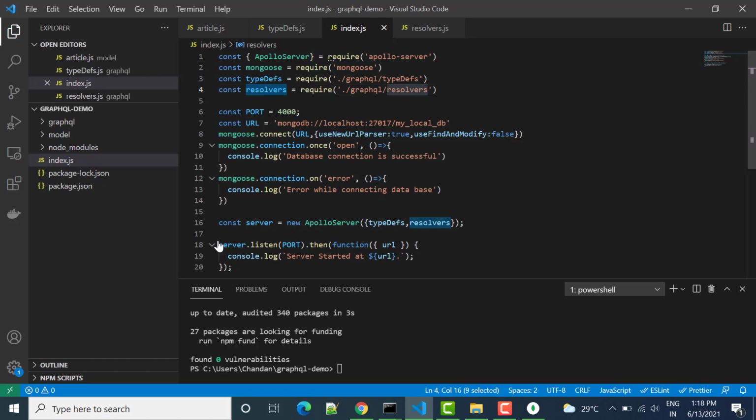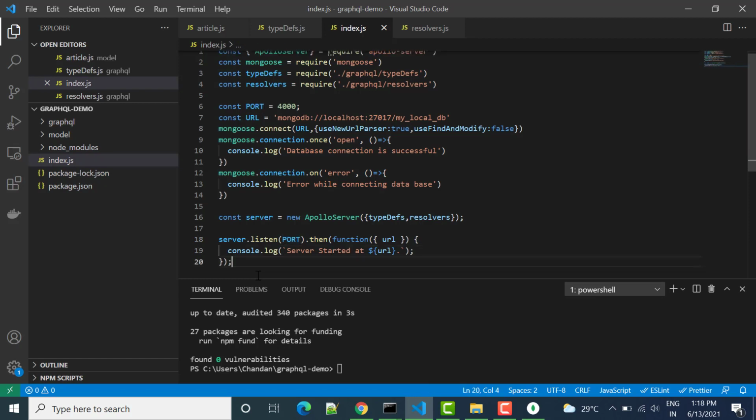Then we have servers.listen, and then we have given port number, and by doing this it will be connected to your database. That's all we need to do. Let's start the server. So we'll write node index.js.